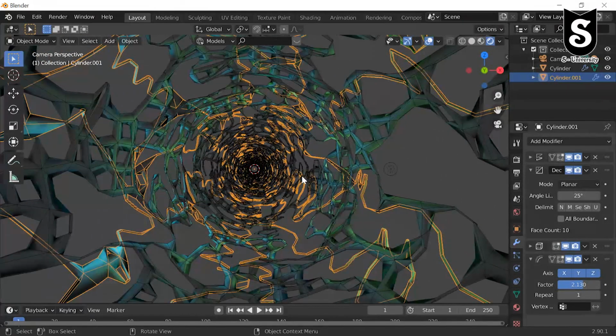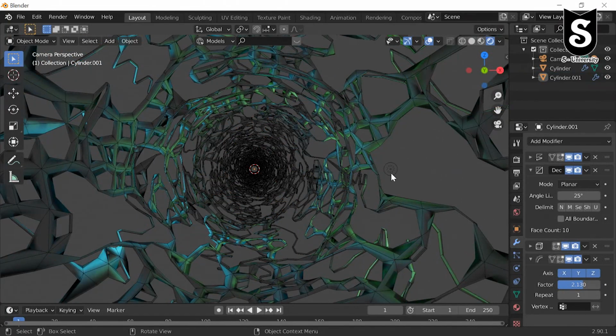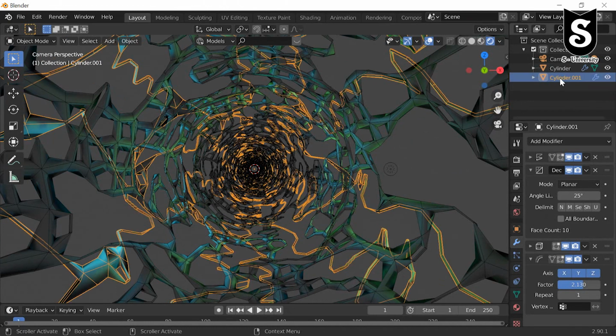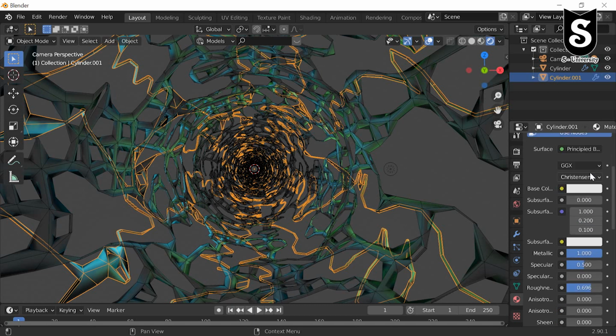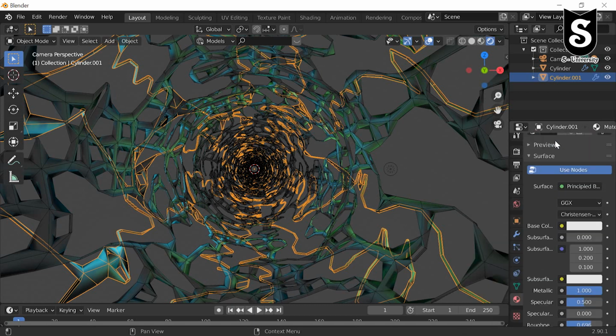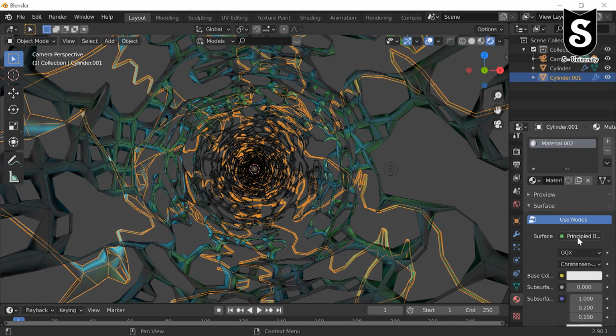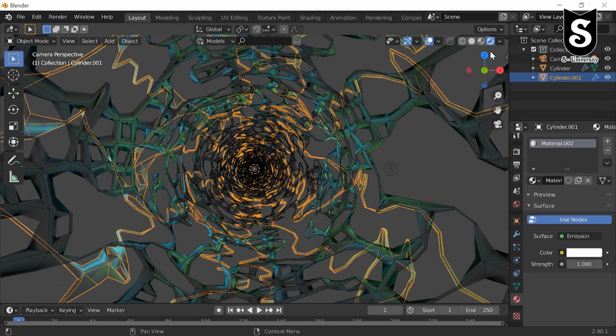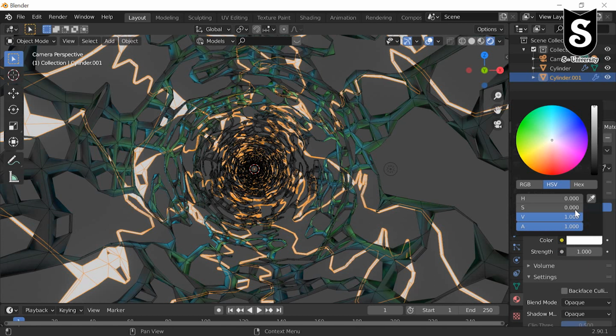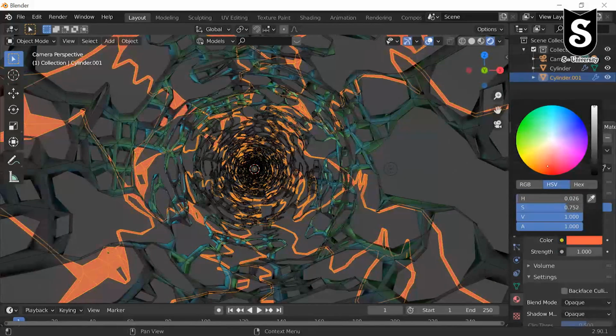Okay. Now select the other cylinder and change the material to emission. Add a new material, add some emission, make it darker red.